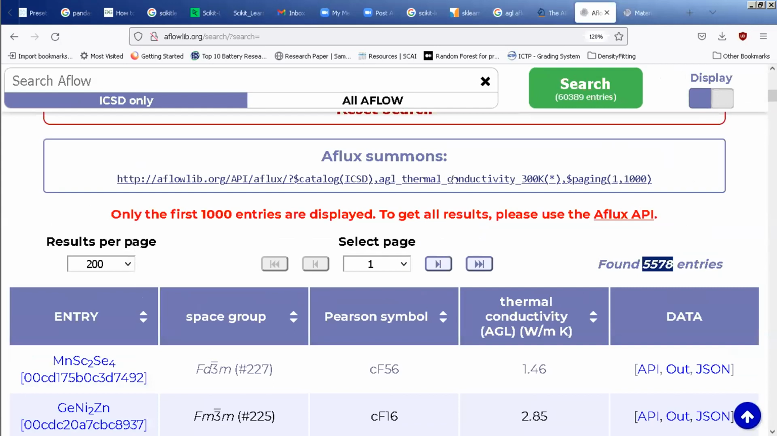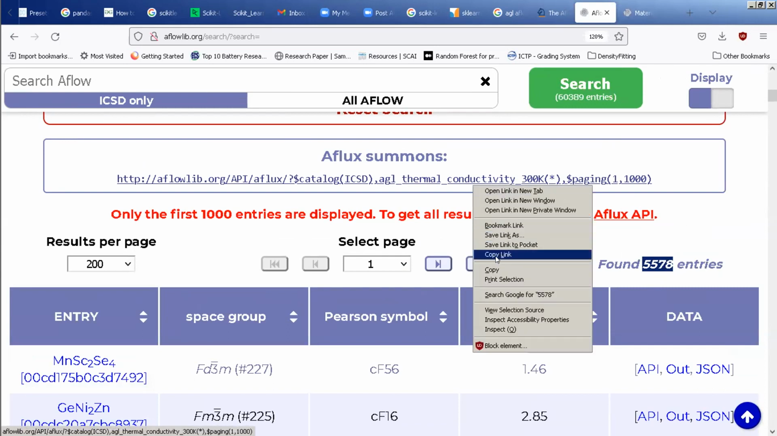So I'm going to copy this link and I'm going to use a command in Linux called wget. I don't know the equivalent in Windows, please forgive me. And I'm going to change this to 6,000, or if you like, you can change it to exactly 5578. So I copy the link,